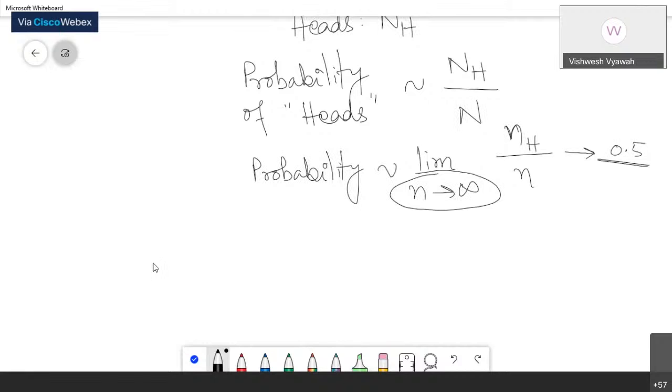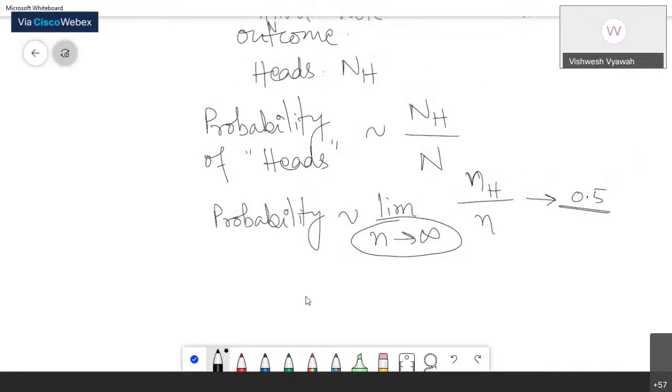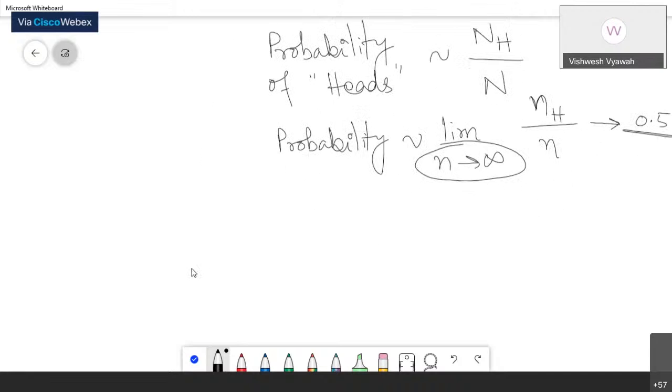Why all this? Why this sudden digression from the set theoretic approach to probability with relative frequency and all that? We are going to use some formula to calculate it, and there we will assume that the relative frequency thing is available. So let's take this example 1. We talk about this coin basically. Here your sample space is